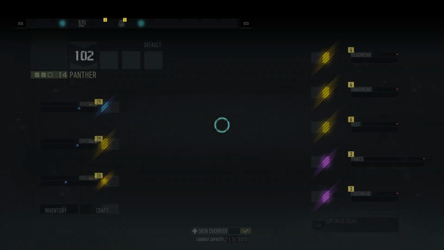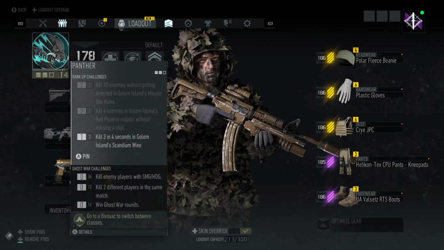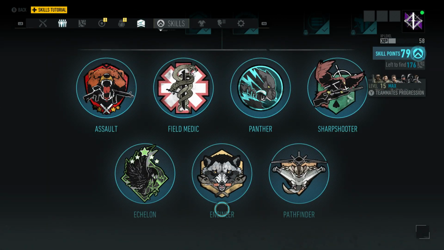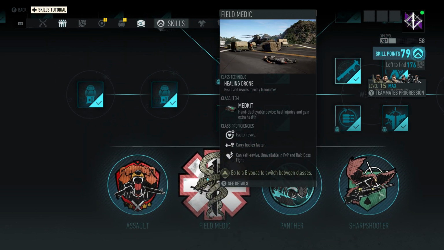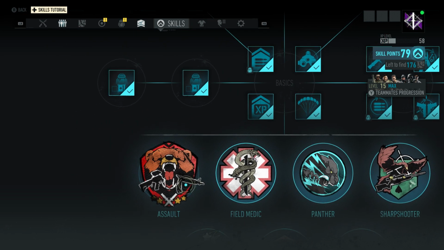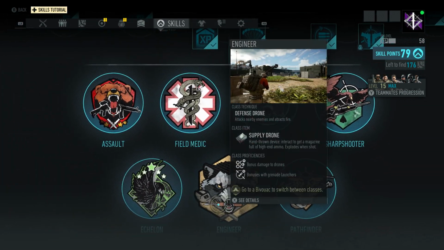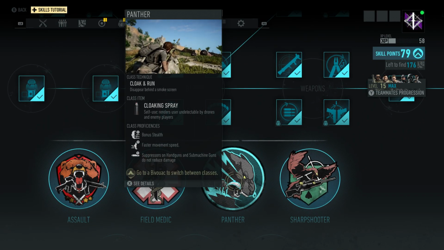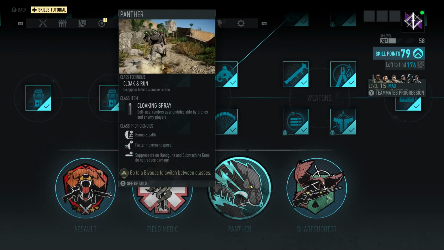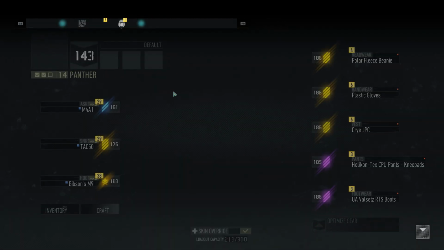So I have leveled up all my... what are these called? Jobs? Classes. Okay, I've leveled up all my classes to 10 or in some cases higher, and I'm working on Panther. Once you've reached level 10, to go higher, you have to go to a location called